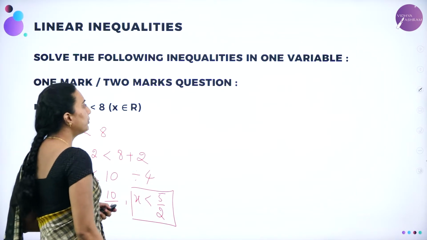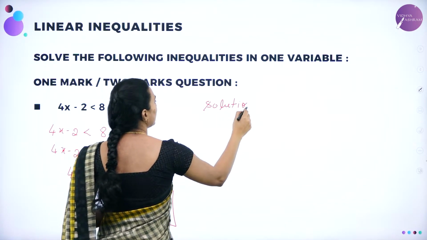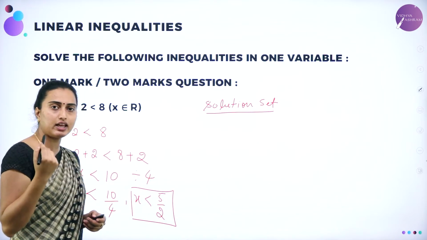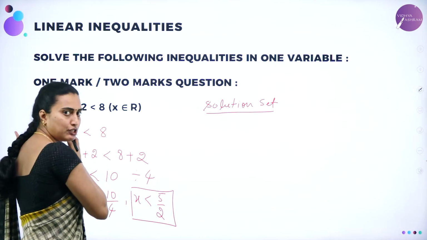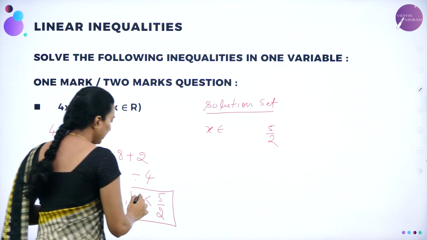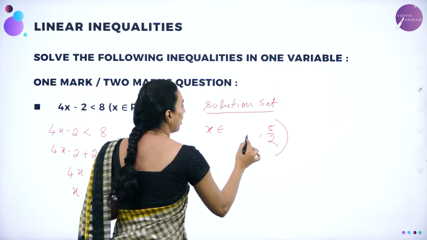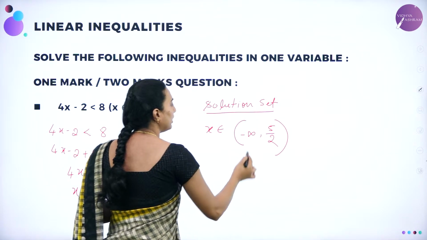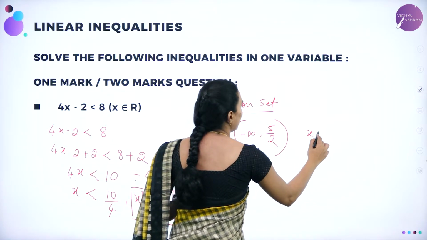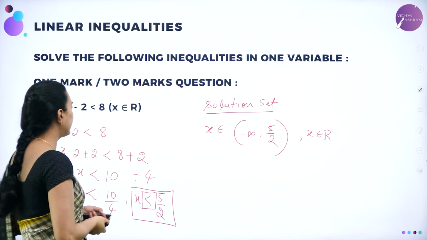Now therefore the solution set is given by, here they have given x belongs to R. When x belongs to R, how to write the solution set? X is lesser than 5 by 2 means it will go up to minus infinity. Therefore x belongs to, 5 by 2 is excluded since it is a slack inequality, lesser than 5 by 2, comma, minus infinity. Even though it is included, write it in an open bracket. This is the solution set when x belongs to R. Understood? I hope you got this one. We'll move on to the next problem, dears.